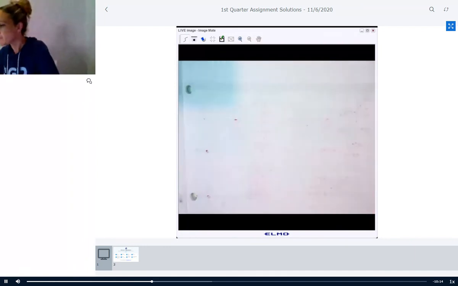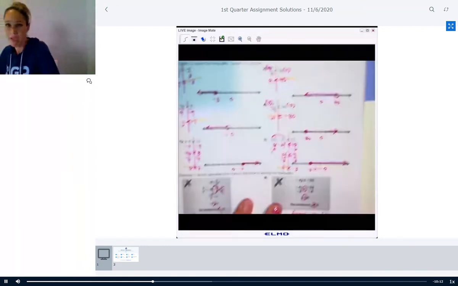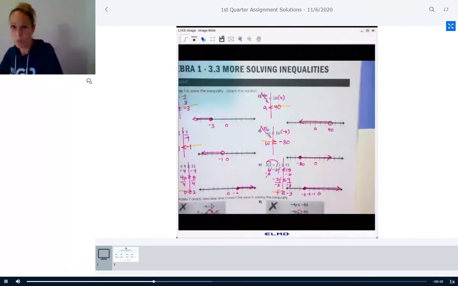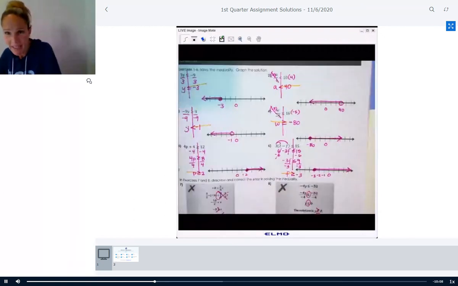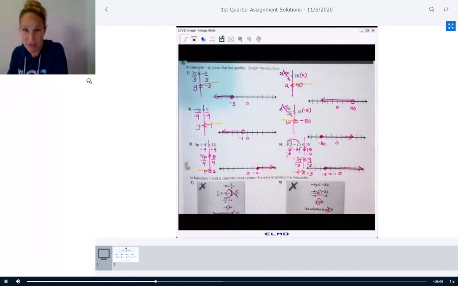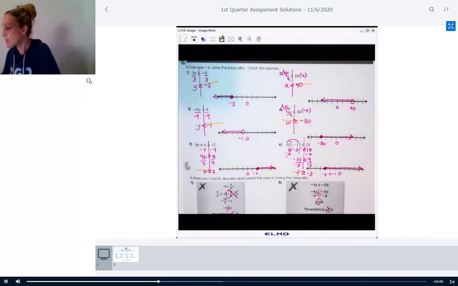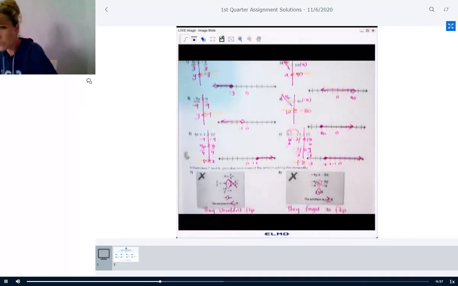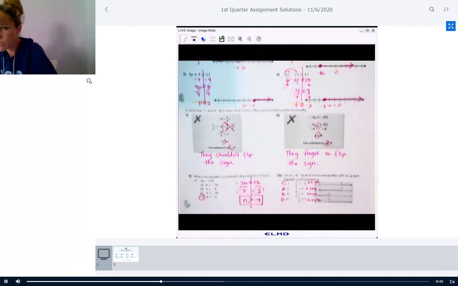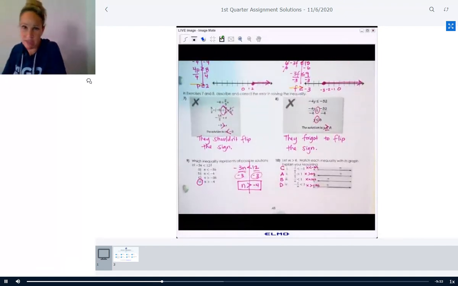Okay. On to 3.3. We've got more inequalities. Sorry, let me get in a good spot before you. Okay. Now it should be good for you to pause it. There's the first few. We're solving inequalities just like equations, but we also have graphs, because it's not just one number. It's all the numbers that are greater than or less than a certain